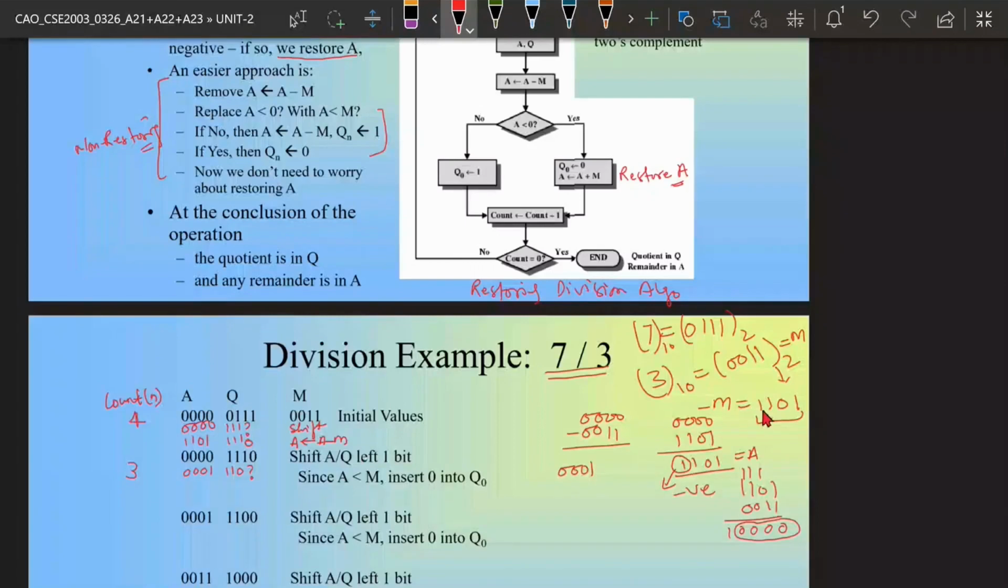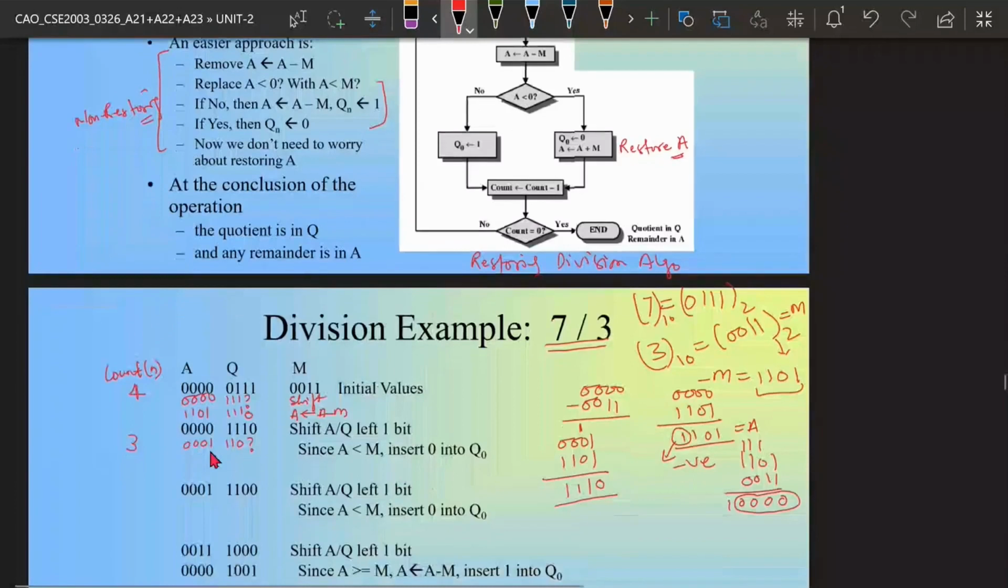So 1101 will be adding. 1 and 1 is 0 with a carry. Then after adding, it is 1. 1 and 1 is 1. Oh sorry, 1 and 0 is 1. 1 and 0 is 1. So this is the value of accumulator after adding,